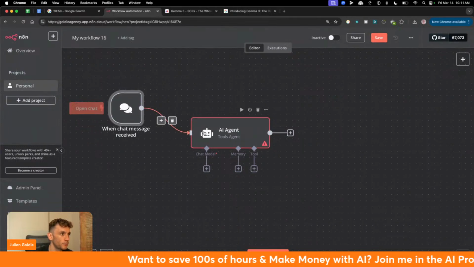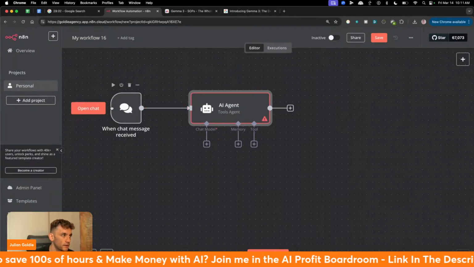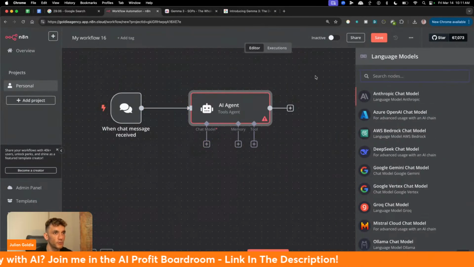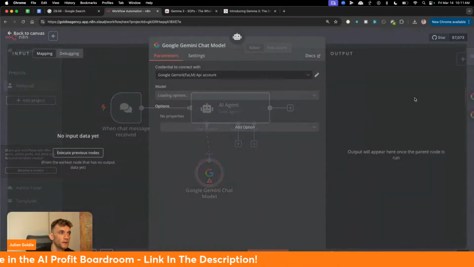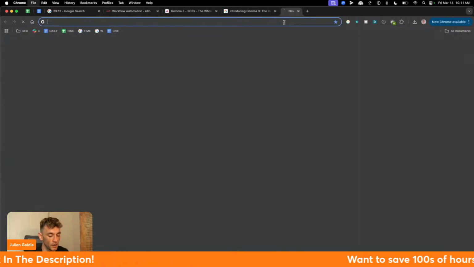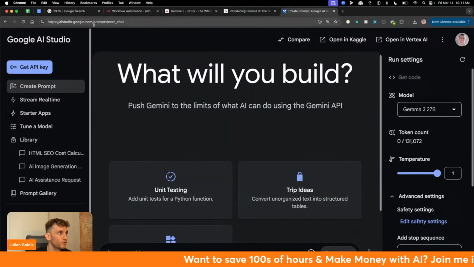So for example, here we've got a workflow where we take the message from the user and plug that into the AI agent. Then we select Google over here, and you want to make sure that you've added your credentials from Google. If you can't get those credentials or you're not sure where to get them, you can get them for free at